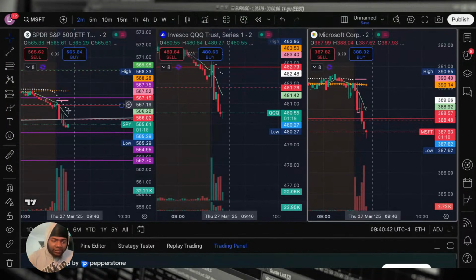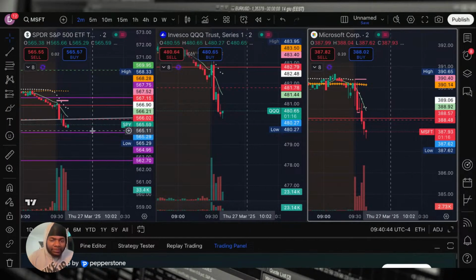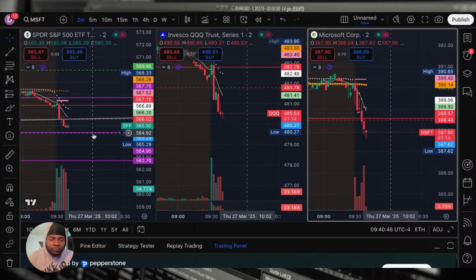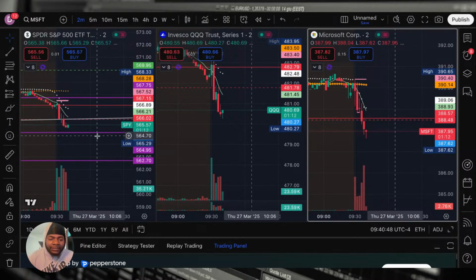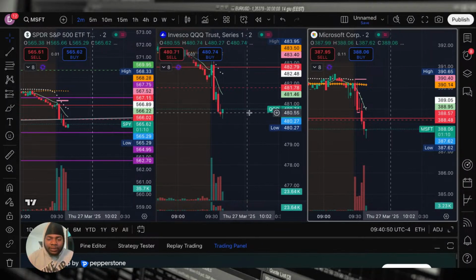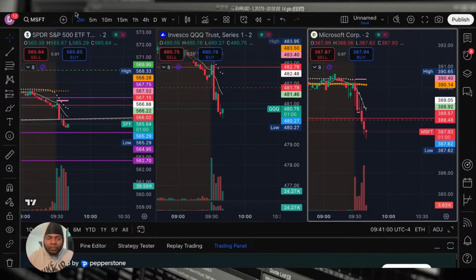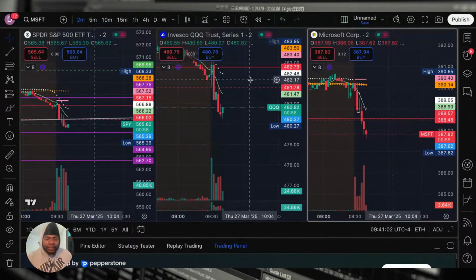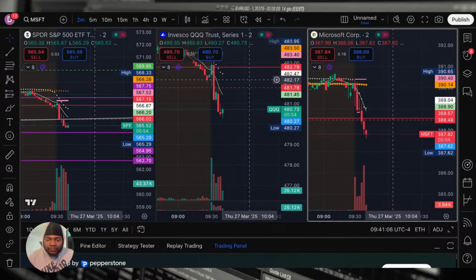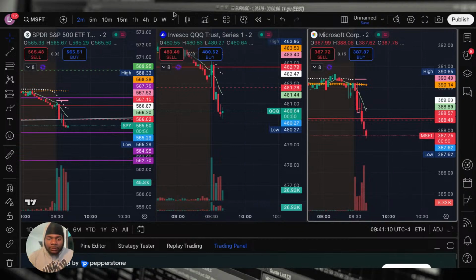Still up 9%. Right here, this 564 is a bounce level on SPY, so we want to get under this 564. I'm still holding. Stop loss still the same. I'll let the chart play out. I'm only on one contract, so we can hold it a little bit. Just the first trade, just to see what the market wants to do today. Looks like we're pretty bearish at the moment.